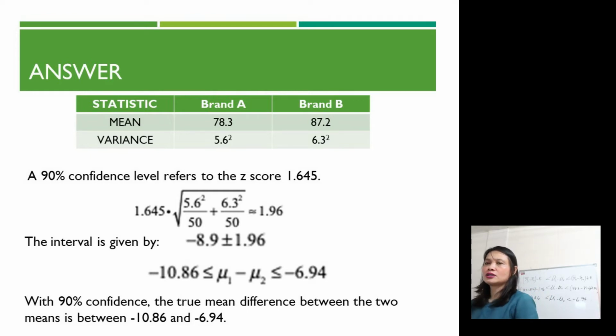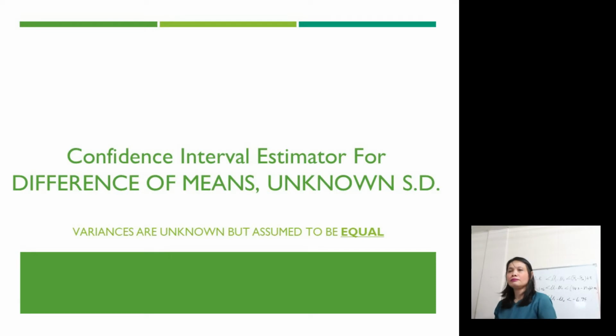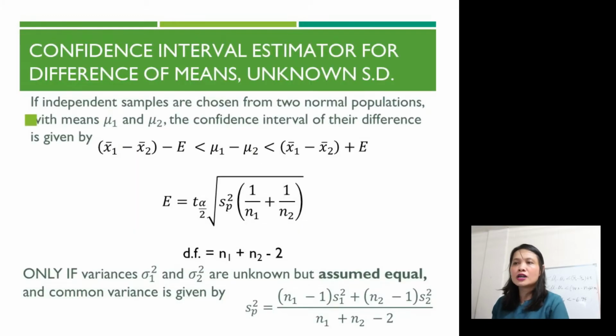Next, condition letter C. In condition letter C, confidence interval estimator for difference of means, if the standard deviation is unknown. Variances are unknown but assumed to be equal. Confidence interval estimator for the difference of means wherein the standard deviation is unknown, meaning it's not given. So for letter C condition,